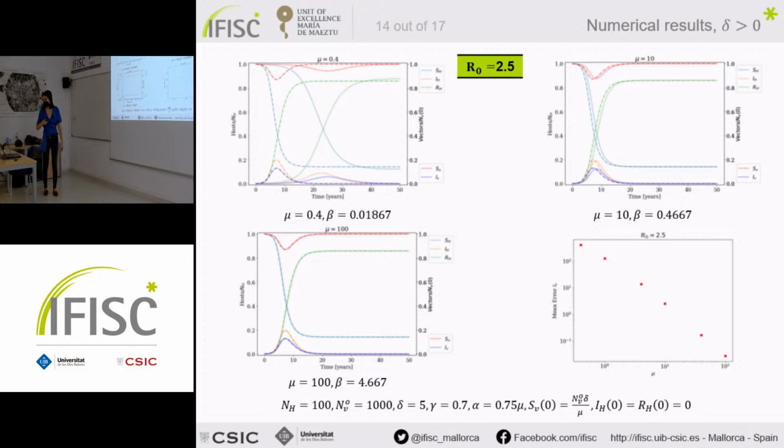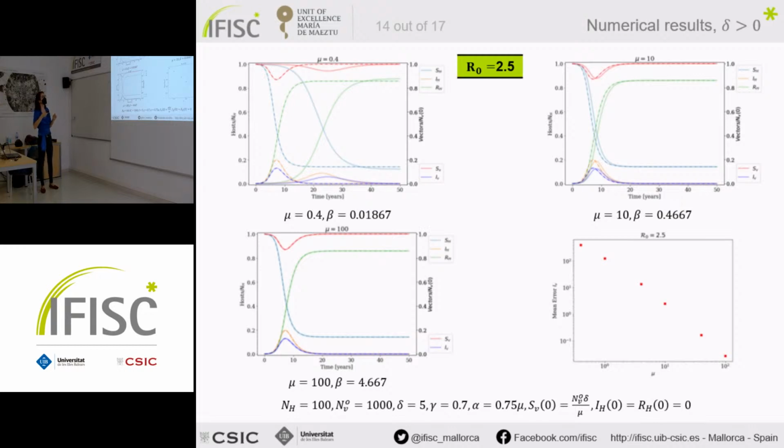And then finally we check numerically the validity of the time scale approximation that we've done. This is for a value of R0 above threshold, but we've done it for below threshold, and we've done it for other value of the parameters. And we see that as we increase mu, that is the death rate of vectors, the dashed lines, which are the lines of the realization computed with the approximated system, and the solid lines, which are the lines of the model computed with the complex system without any